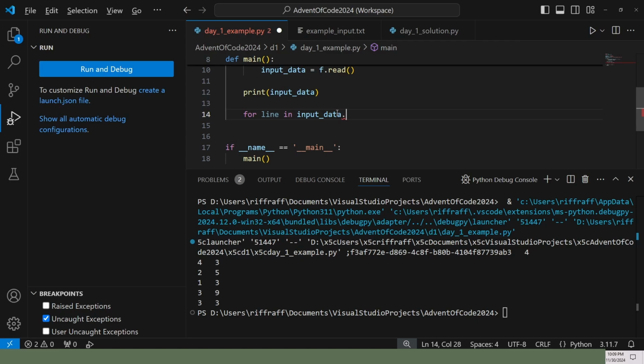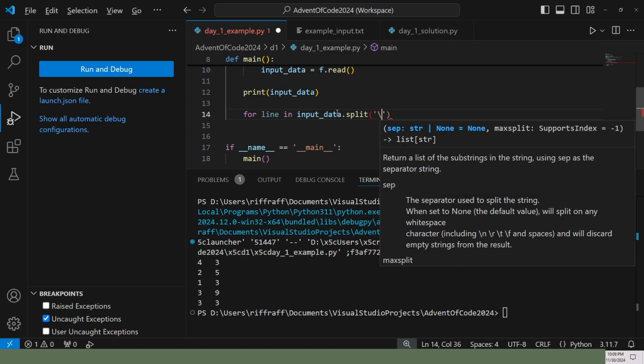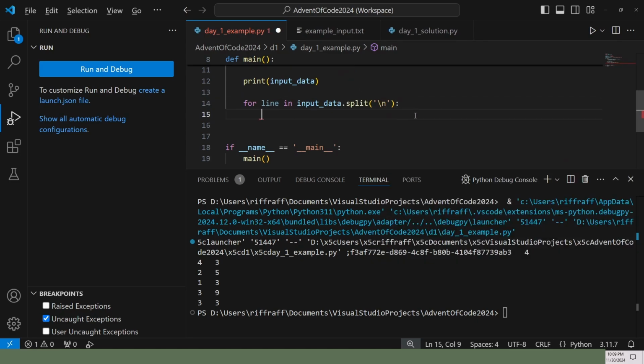We want to separate at the new line. Now in this line, we're going to separate the left and the right list. That should give us what we want.